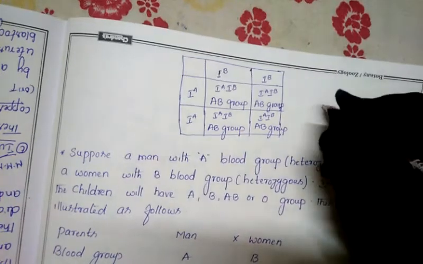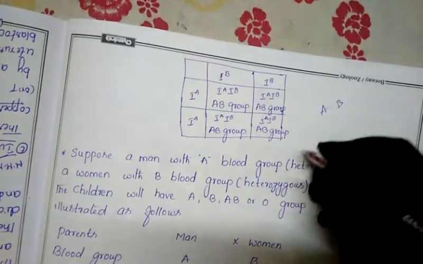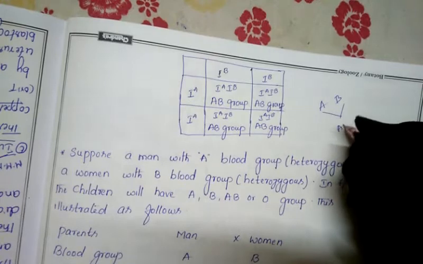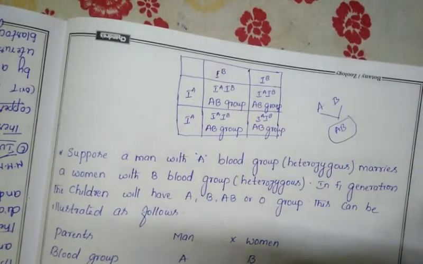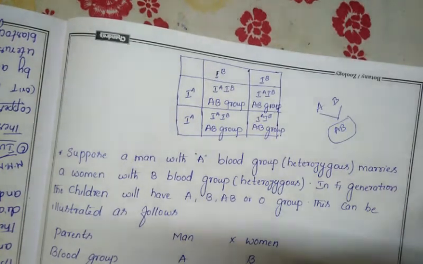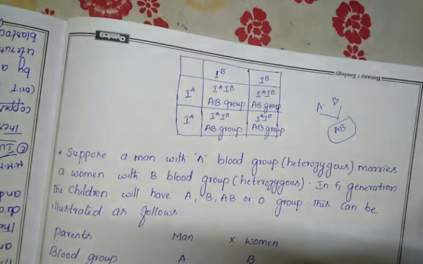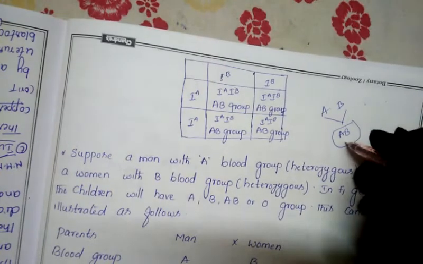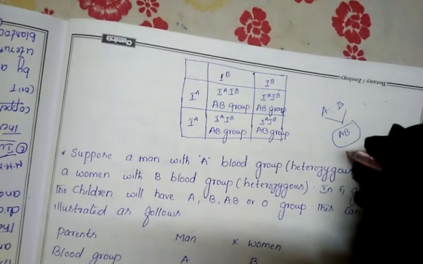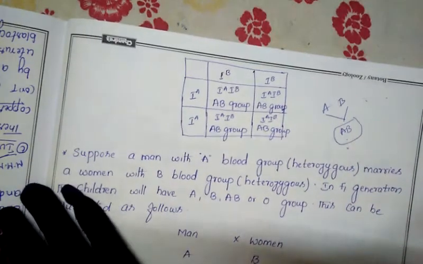Now parents, father having the A blood group and mother having the B blood group. For the children, what type of blood group did they get here? All the children got the AB blood group. Like this you can even calculate yourself. Check your father's blood group and your mother's blood group and write them on the checkerboard. Find out whether they have the homozygous or the heterozygous condition. If you know whether they are homozygous or heterozygous, you can easily work out what type of blood group may appear in the body.